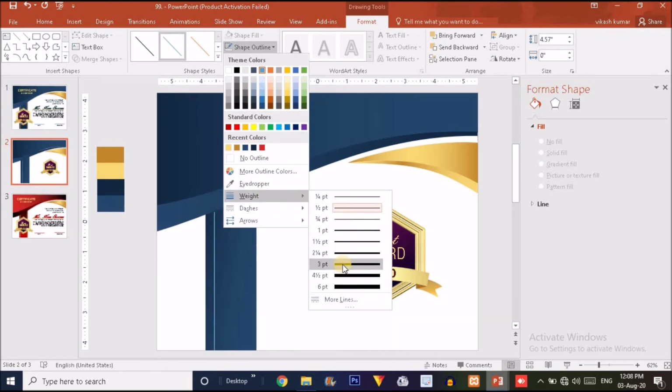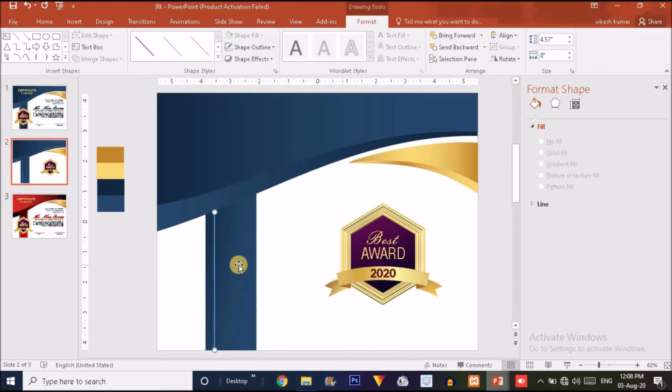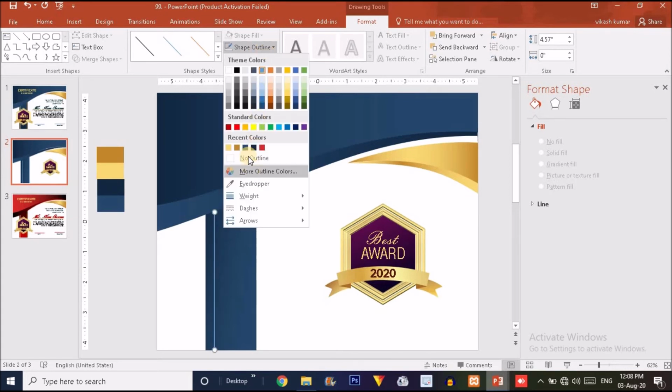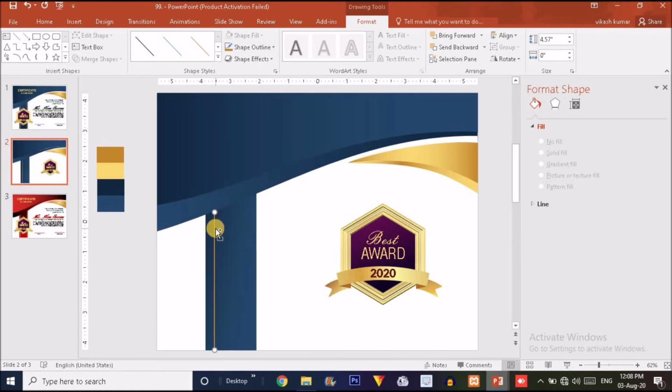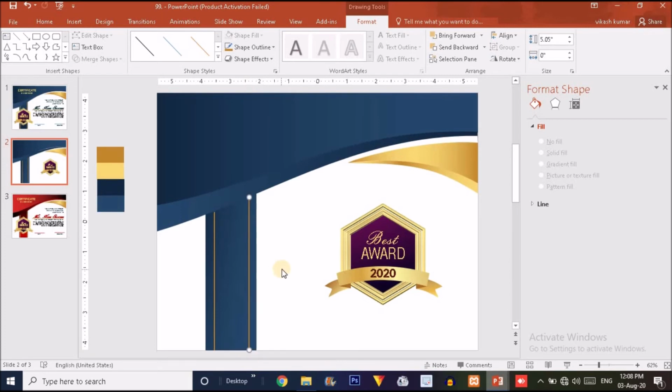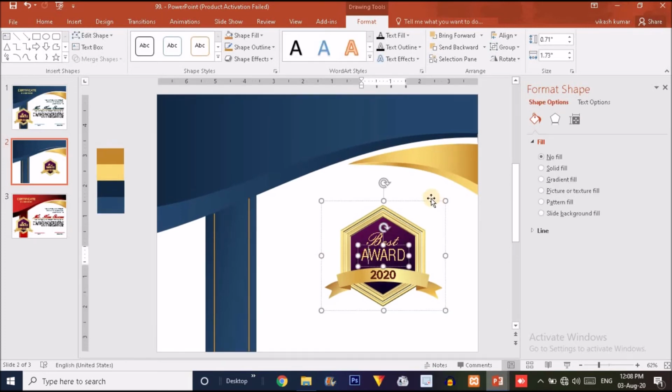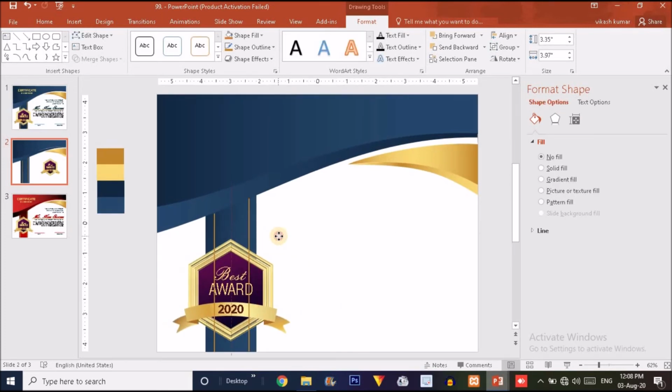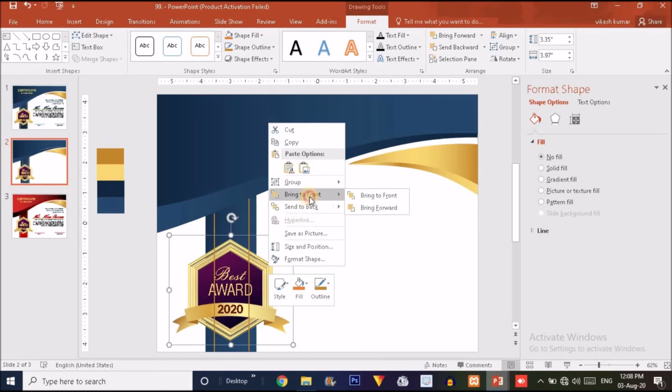Just click on this 3pt option over here, and for outline fill, we are going to fill it with this color. Now duplicate this line one more time and place it over here like this, and drag it downward. Now you have to put this logo over here like this. Right click over here and click bring to front like this.